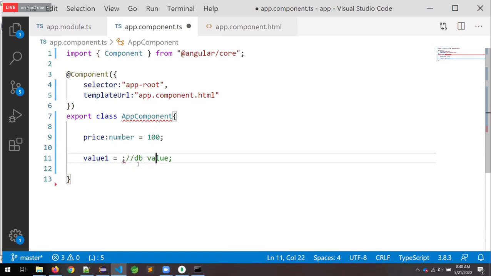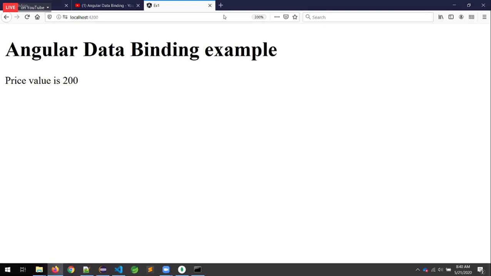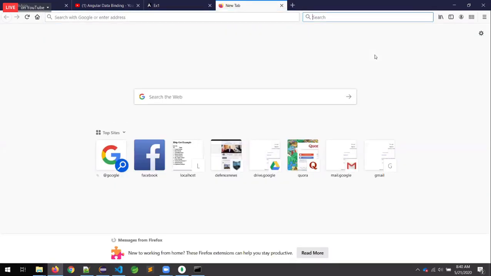Now tell me, if it is coming from the database, is it a static value or a dynamic value based on the user configuration? Dynamic value. So right now, very simple, I'm going to provide some internet image. Let me show you that.